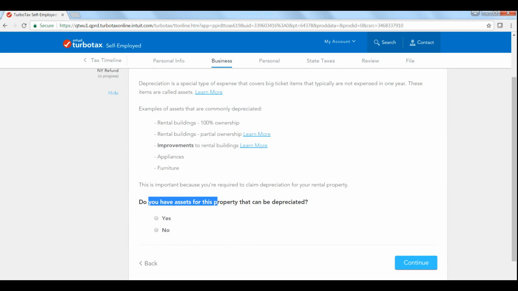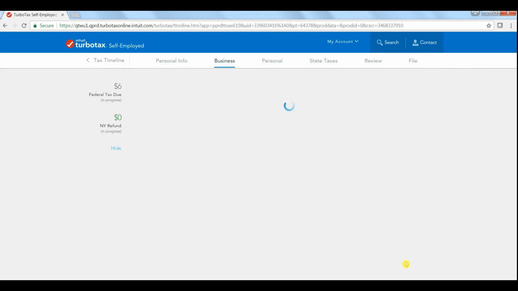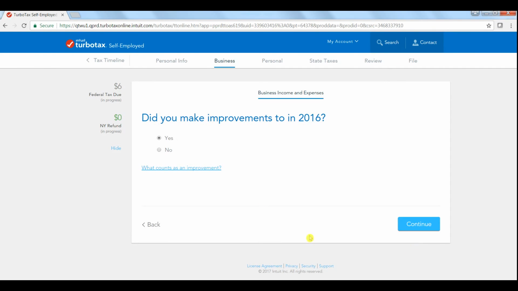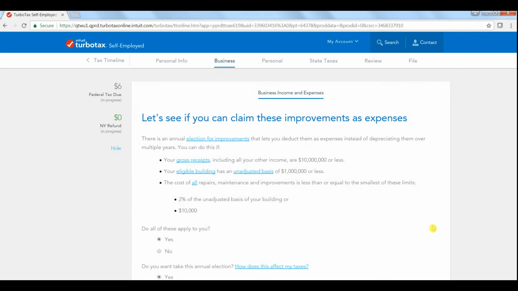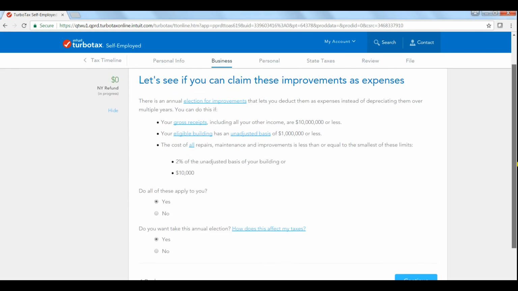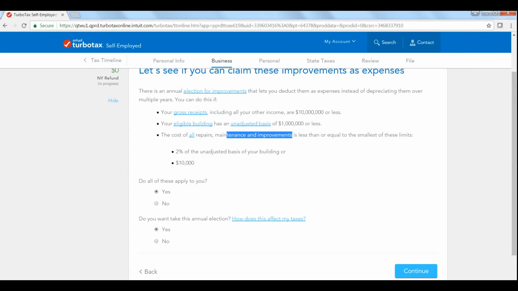Do you have assets for this property that can be depreciated? If so, click yes and press continue. If you bought a property or assets valuing $2,500 or less in 2016, click yes. If no, click no and continue. If you made any improvements in 2016, click yes and press continue. To qualify for a deduction, the cost of all repair, maintenance and improvements must be less than or equal to the smallest of